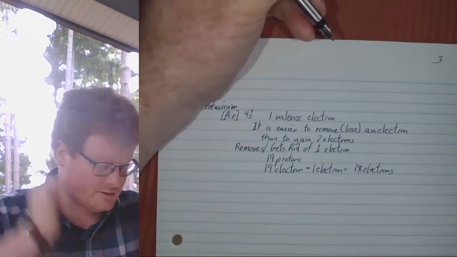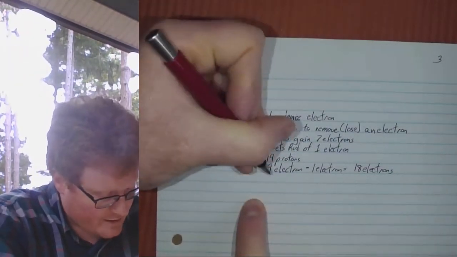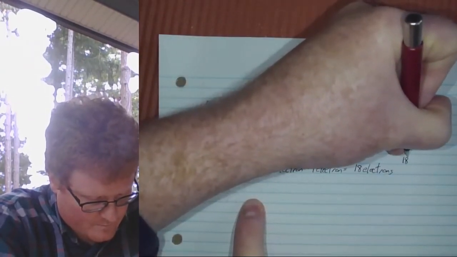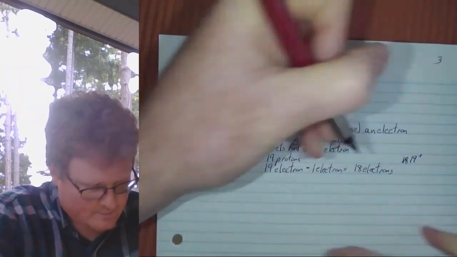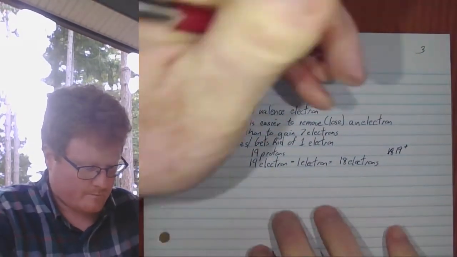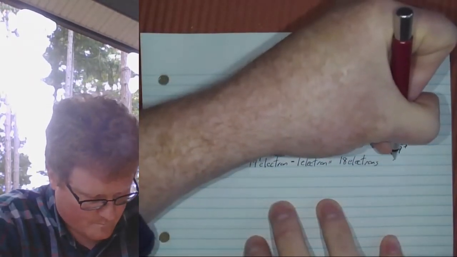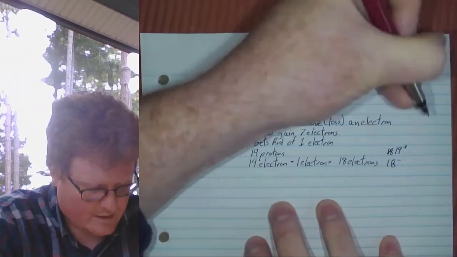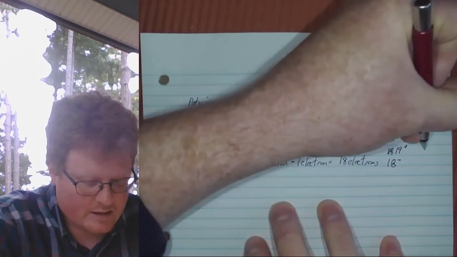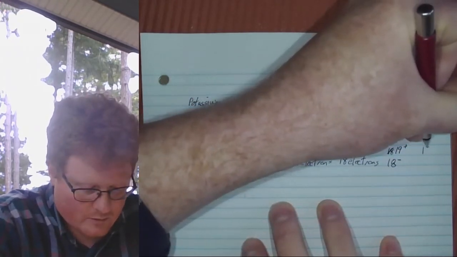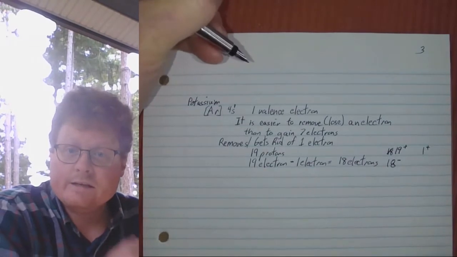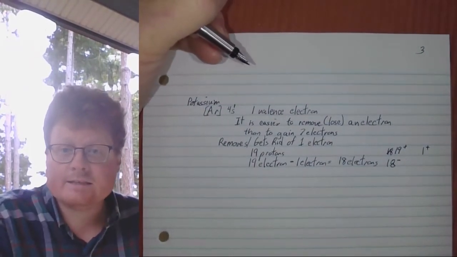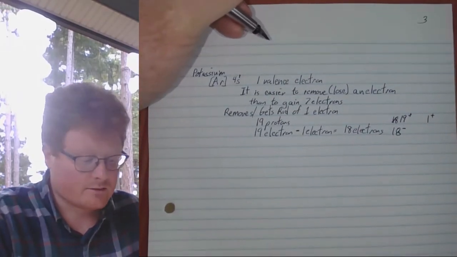Well, if we go through and cancel it out, what we have is 19 positive and 18 negatives. Cancel it out, we end up having a 1 positive left over. This is how you determine the charge. If it loses electrons, it becomes positive. If it gains electrons, it becomes negative. I'll write that out later. So,